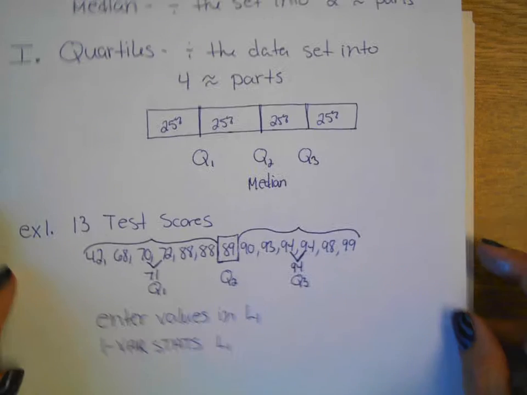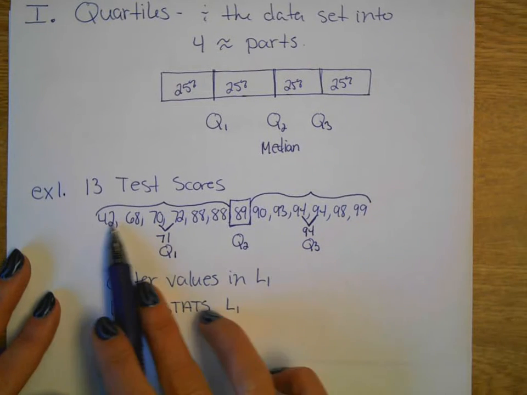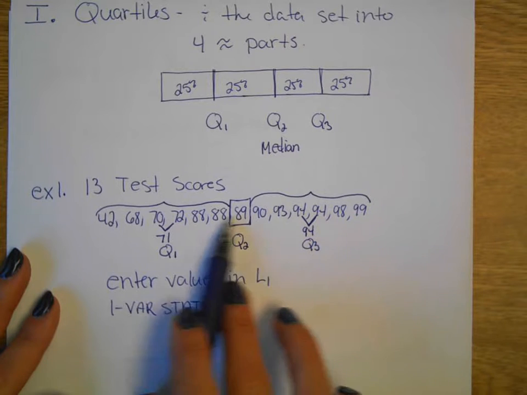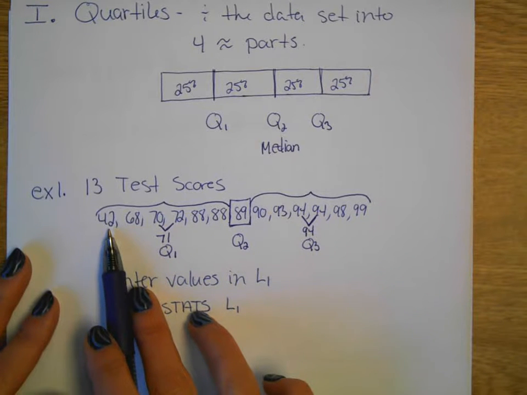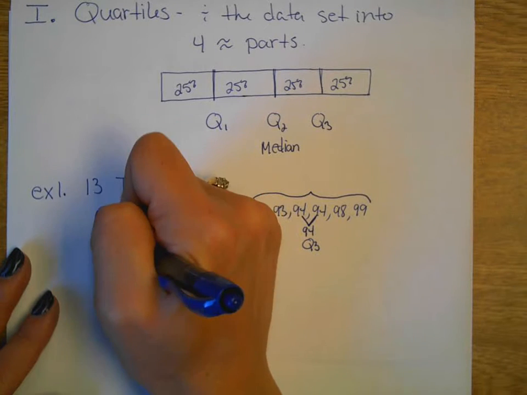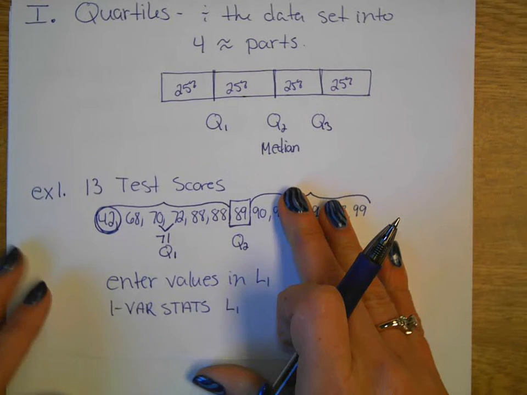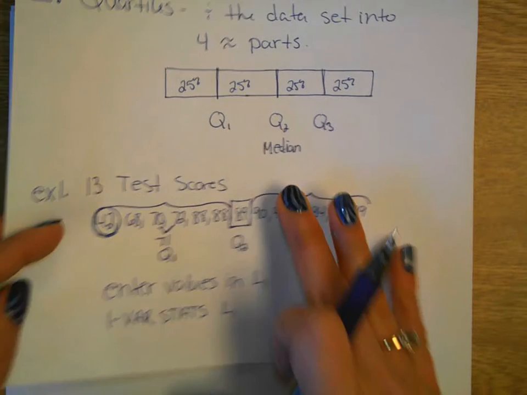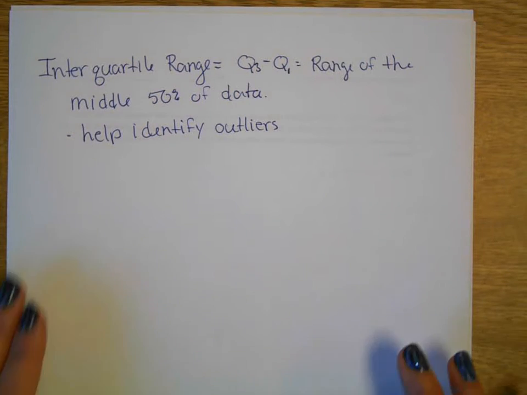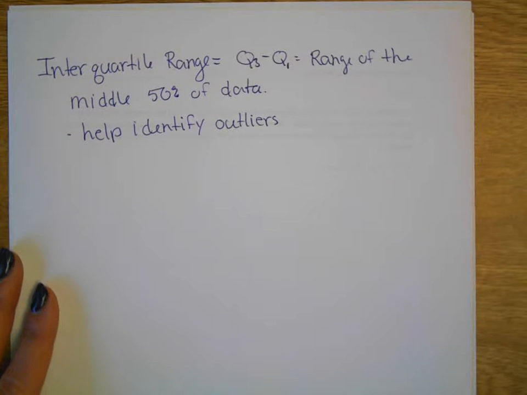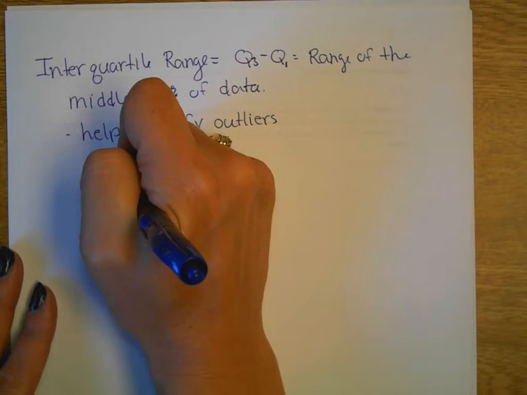So back on this, do you think we have an outlier in here? No. 42. 42 is low. Is it low enough to be an outlier? No. We're going to check. We're going to check to see if 42 is an outlier. And we have a formula for it. So, helps identify outliers. What you're going to do is find